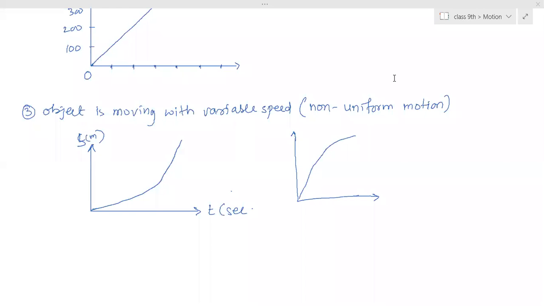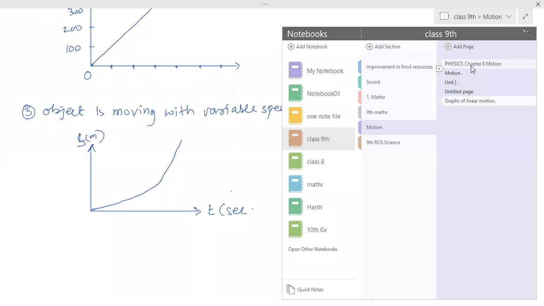It cannot be zigzag, upwards, downwards. How is it possible? It is moving only upward. Distance cannot decrease, because whenever the object is in motion, the distance keeps on adding up. So it will not move upward, come down, move upward, come down; that will not be possible. You can take the example of non-uniform motion. I gave you one example.